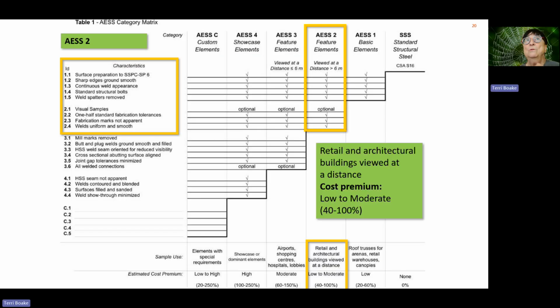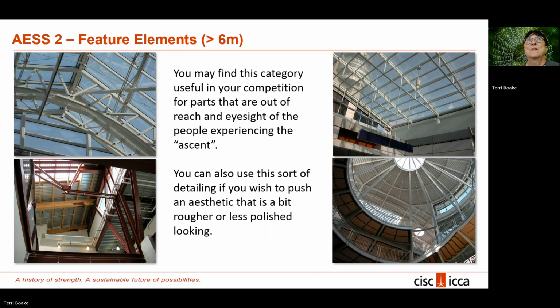So AESS2, feature elements viewed at a distance of greater than 6 meters. So you'll find them very often on ceilings and skylight support systems. So we're going to be doing the other set of characteristics. Again, you can find more about the specifics on the CISC website. So these sort of images would characterize nice looking AESS, category 2, supporting skylights, where you'd be seeing a lot